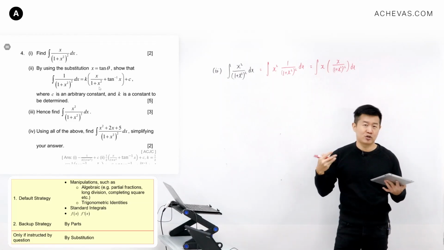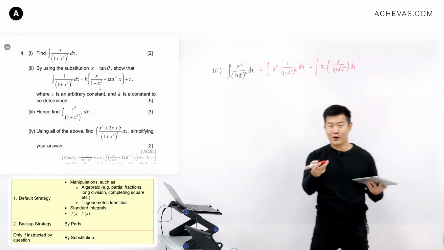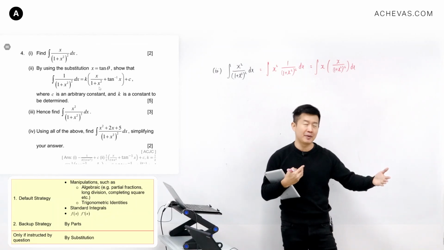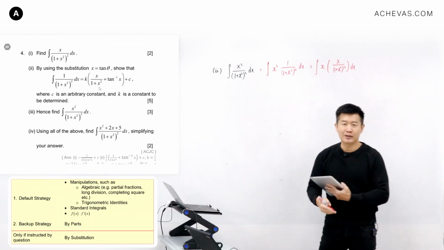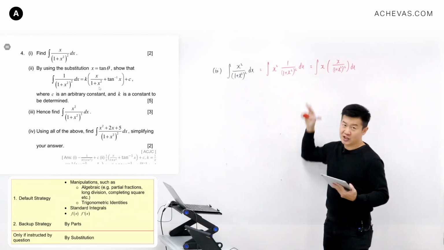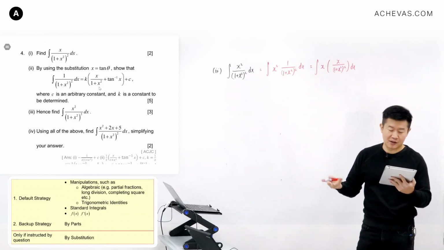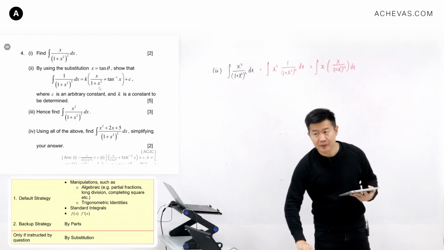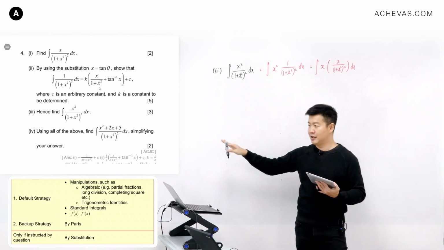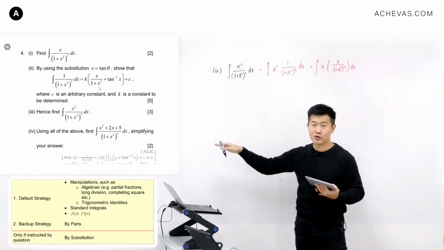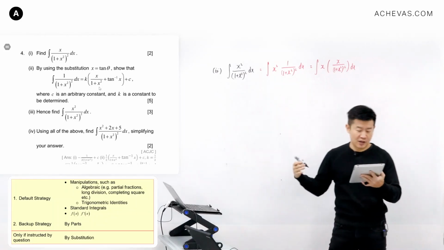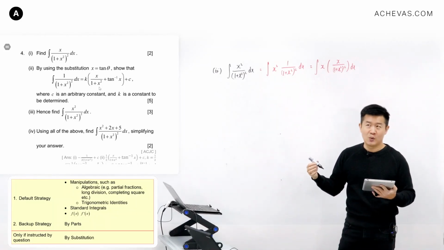And I tried this, submitting to you very honestly, and I know that I was wrong because maybe in the end I may be able to get the answer, but I don't think this is going to be efficient enough for me to handle during an ACJC exam. But the thing is, for integration, other than trying out the default strategy first before applying integration by parts, one other